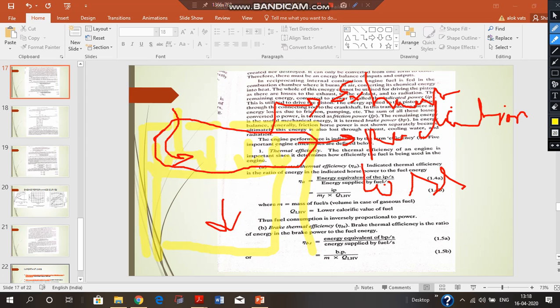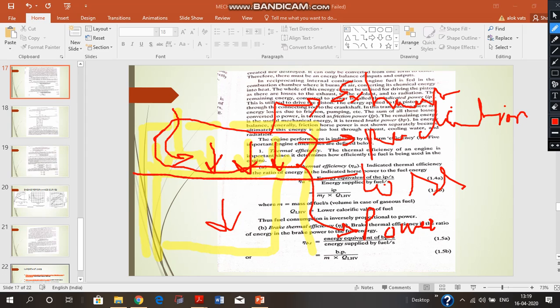Please note, all these things happen during the power stroke, and I shall mention it here. This is the power stroke or the expansion stroke, which is the stroke number 3 in the 4-stroke engines. So this is the effective energy which is able to drive the piston downwards, and during the drive of the piston downwards, we know that the piston is doing some work. So this rate of doing of work is called the indicated power, and this is the power which is required to drive the engine, because power is nothing but the rate at which the work is done.